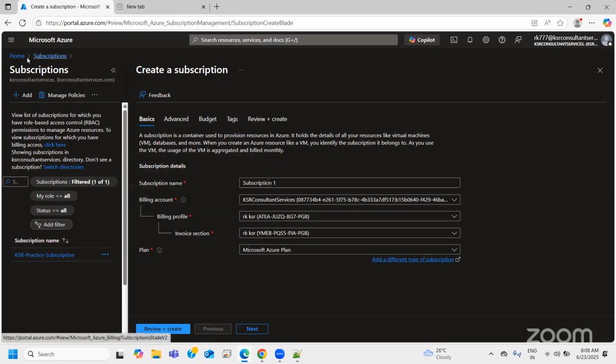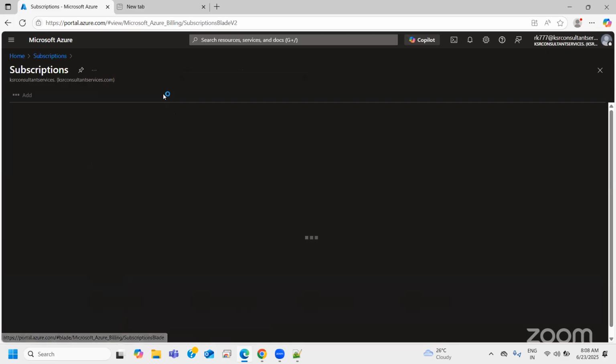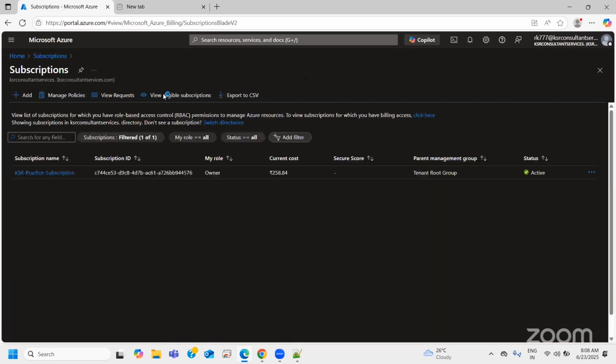One individual can have multiple subscriptions, which is a common thing. Why is that so? Because a single person might be part of separate teams, and one team might have a different subscription from another. So one customer or individual can have multiple subscriptions.